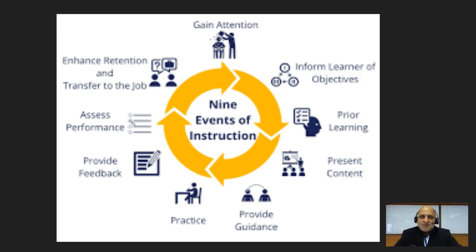The first step involves gaining attention of the individual learner. The second involves informing the learner of the required objectives or learning outcomes. The third involves linking the current module with prior learning. The fourth involves presenting of the actual content, followed by guidance from the instructor or facilitator. The next step is the application of this knowledge in the form of practice, followed by feedback from the instructor